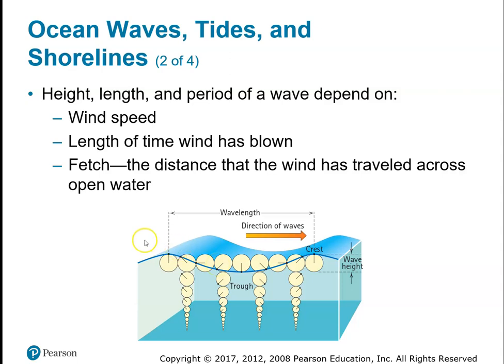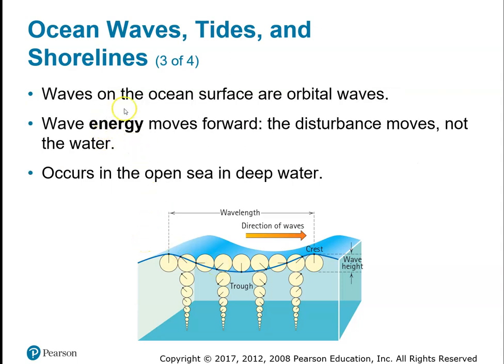All right, so that's important. So ocean waves are on the surface. They're what they call orbital waves because they're moving up and down. The wave energy moves forward, and the disturbance moves, but not the water, right? The actual molecules of water move a little bit back and forth, but not much. All right, so this occurs in the open